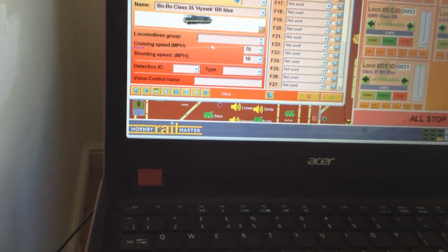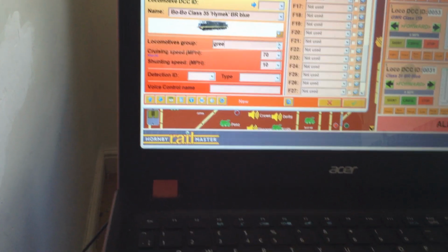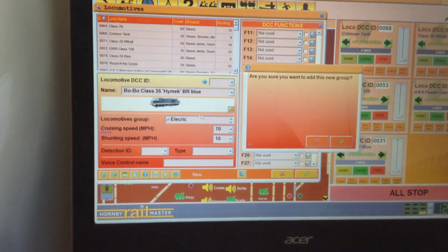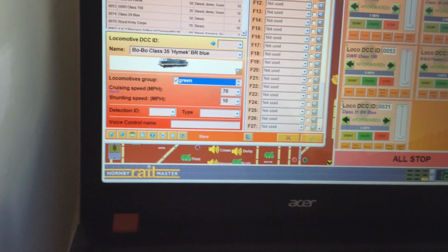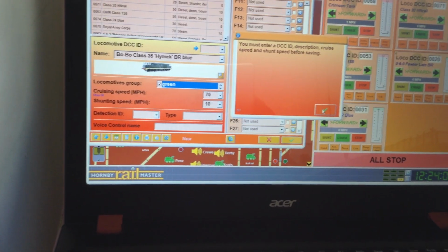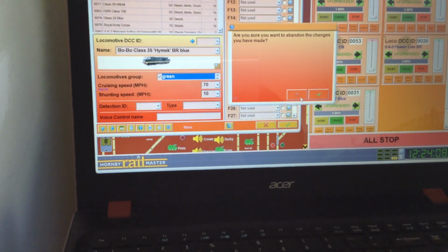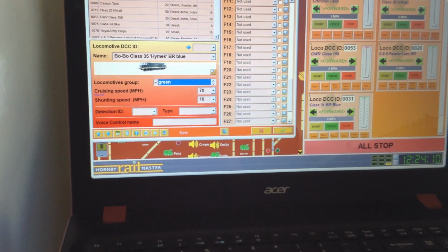let's go this way around. Do this one, and we put it in as green as we did before. Green, press the enter button and it says, do you want to add this new group? And you say yes. That has done that now, so you come out of there now. Okay. And what happens then, if I come out of there,